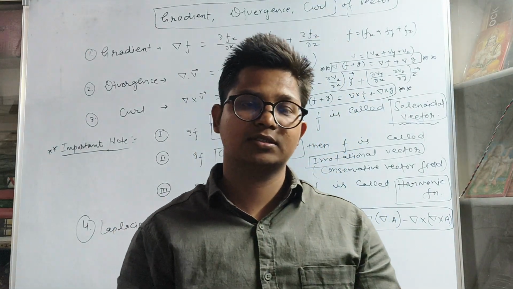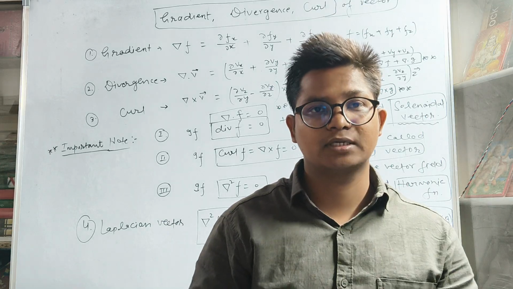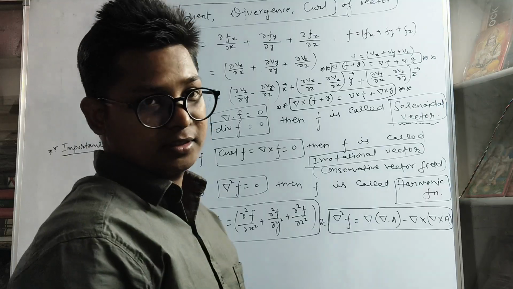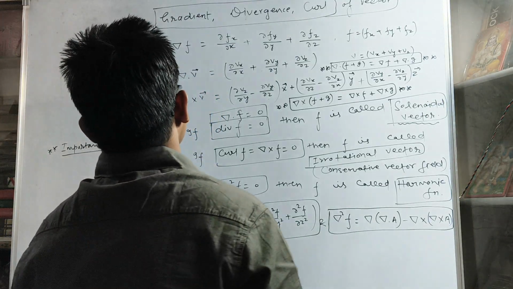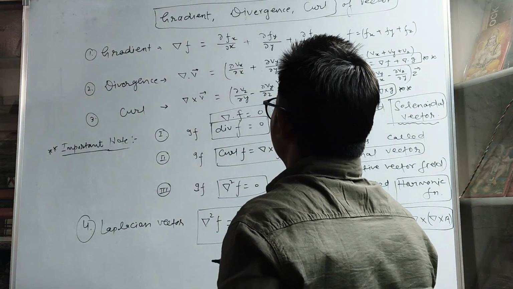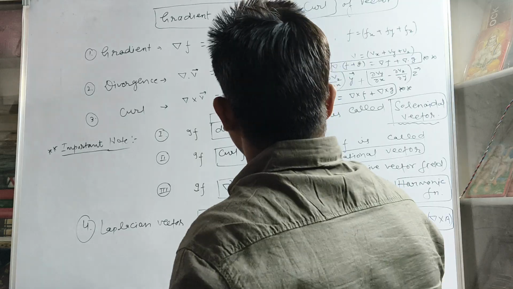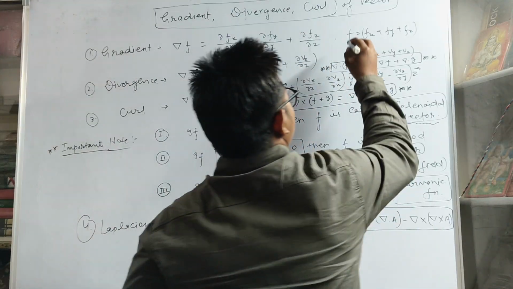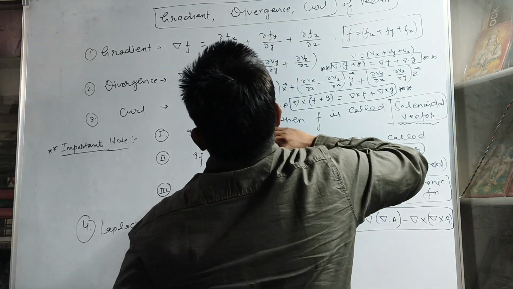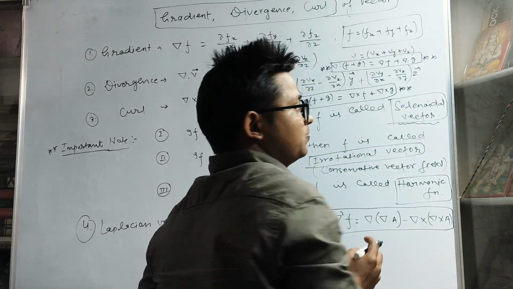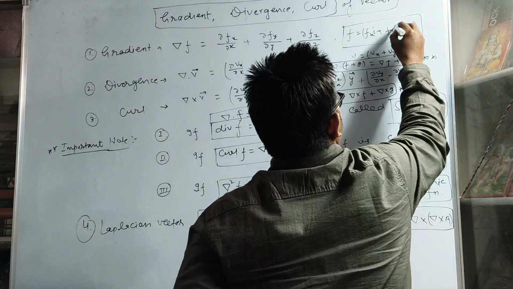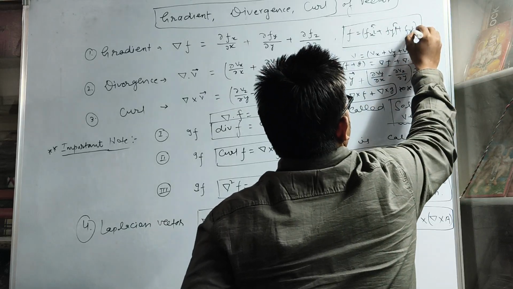Hello friend, in this video I will discuss the most important points of vector calculus, and the points are gradient, divergence and curl of a vector. Okay, so gradient is simply the del of f, that means del fx upon del x, del fy upon del y and del fz upon del z. If we have vector f in 3D, we have to write it with its unit vectors. A vector is written as magnitude with its unit vectors, that means i cap, j cap and k cap.